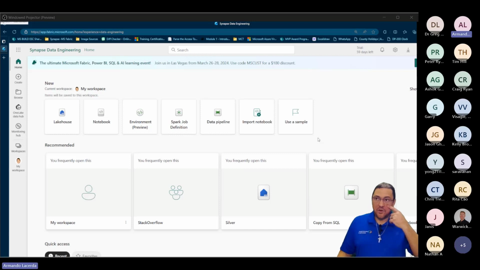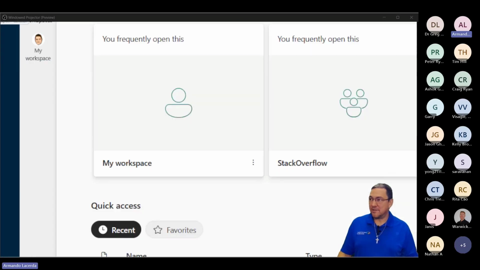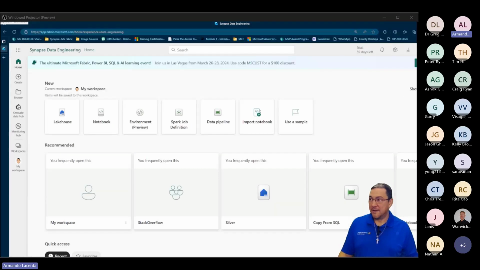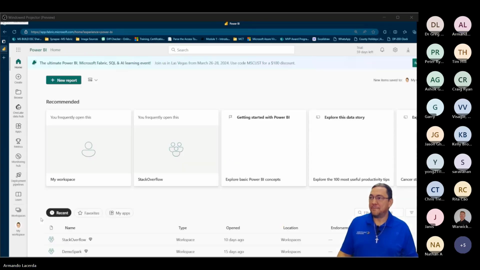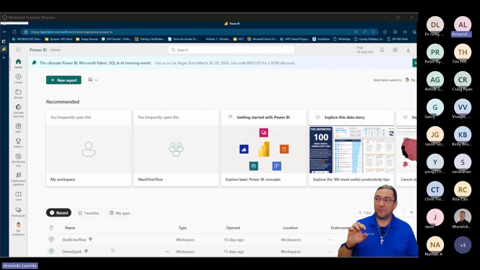This is also usually called a role, how you want to see Fabric. The whole Fabric is there. This is just the spotlight for what data engineers would see. So if I go here on the bottom left side, I see that data engineer is being selected. If I'm a Power BI guy, for instance, I can come in here and click on Power BI, and then I will have in the spotlight what would be more of interest to a Power BI person, someone that wants to work with the data models and create reports.